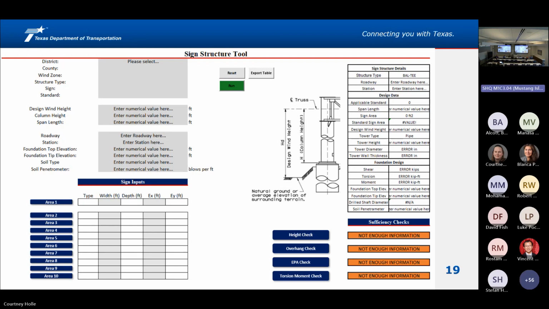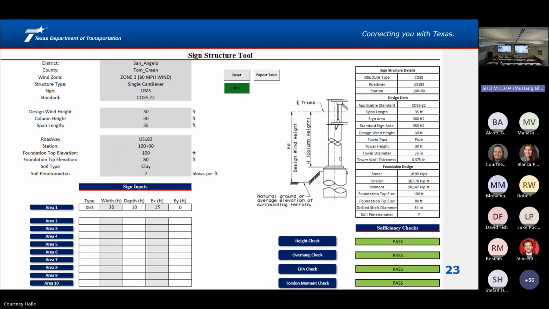Same with the ancillary structure guide. Please give us feedback. I personally like the one that's more like the guide to bridge standards. It's more concise. But if you want the narrative, we have that spelled out too. It's just how much information do you want? What would be useful? What format would be useful?